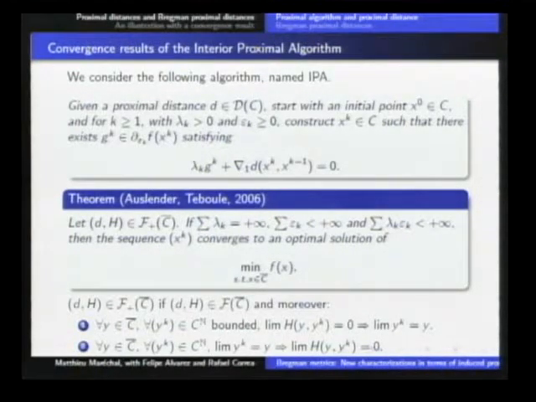What we wanted to do is the following: when we see this algorithm, we can see that H is not in this algorithm, but the property of H is very important in order to ensure the convergence of the algorithm. Thus, we make a study of the relation between D and H, actually.